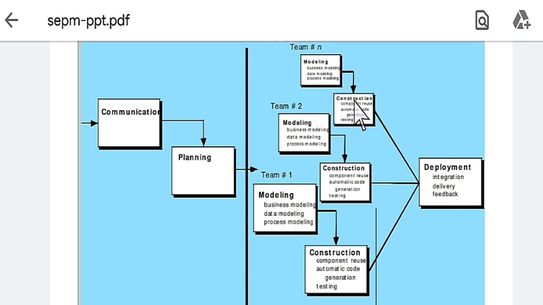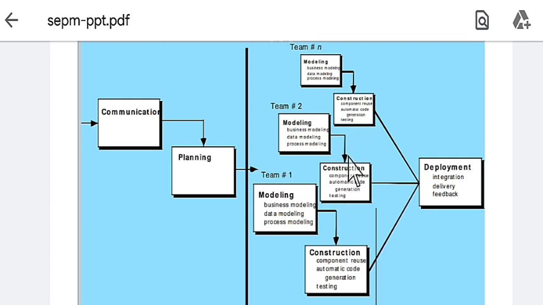Similarly, the next part is construction. The whole construction part of the project is divided into n parts, and all these n parts will be assigned to n teams. So all these teams work on the construction part also.